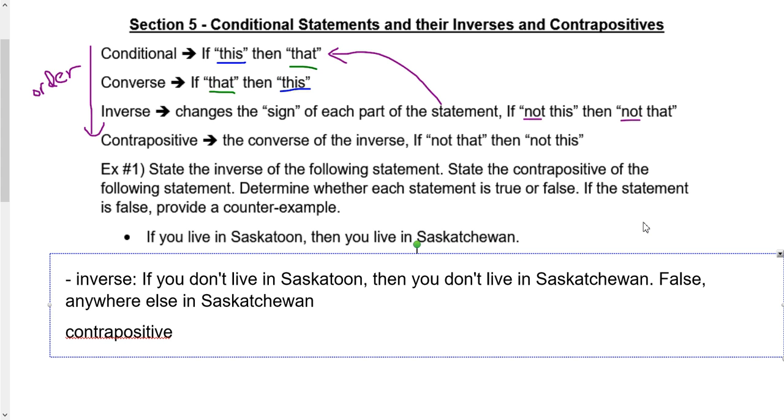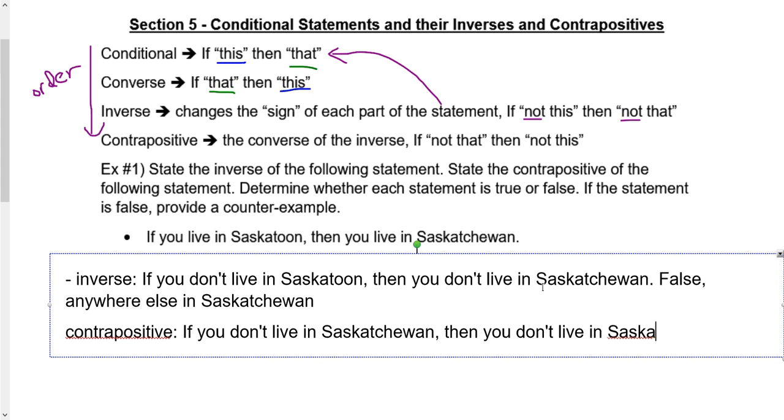The contrapositive is the converse of the inverse. So it's just switching up the statements. So instead of if you don't live in Saskatoon, then you don't live in Saskatchewan, it's if you don't live in Saskatchewan, then you don't live in Saskatoon. Is this true? Yeah. There's no other Saskatoon anywhere else in Canada or the world,